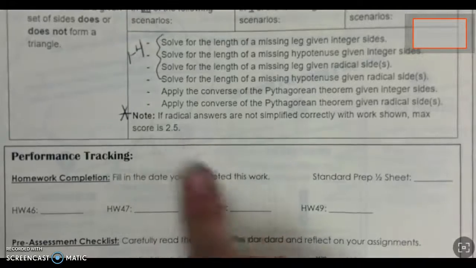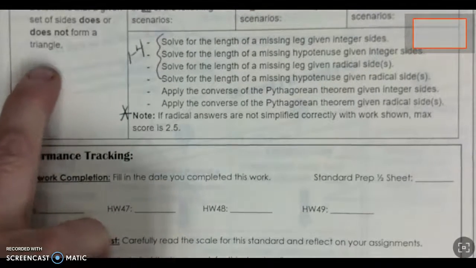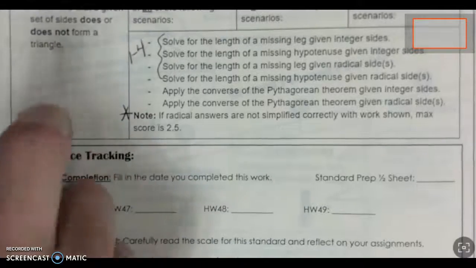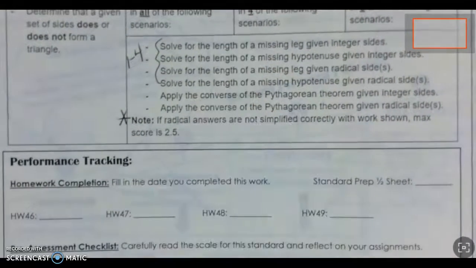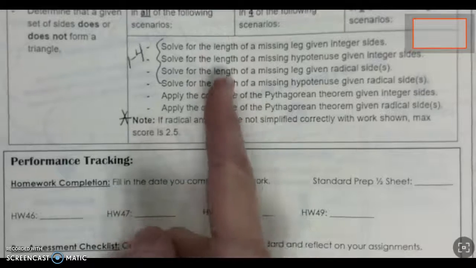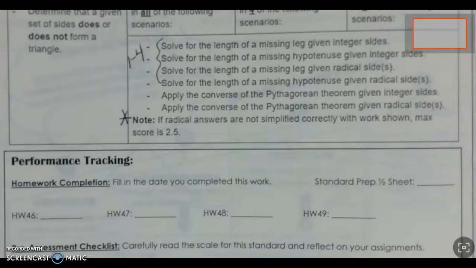Then, on top of your 1, 2, 3, if you can find the not a triangle problem, or you can show me that you understand how to determine if it's a triangle or not a triangle, that gets you to the level 4. So when you're looking at these questions over here, if you know how to tell if it's not a triangle, but you miss one of these questions, that question actually doesn't count. Okay, that's an addition, it's like an added bonus if you can understand that part of it. So what's really important is the first 4 questions with the converse on top of that. So the first 4 questions on this review plus